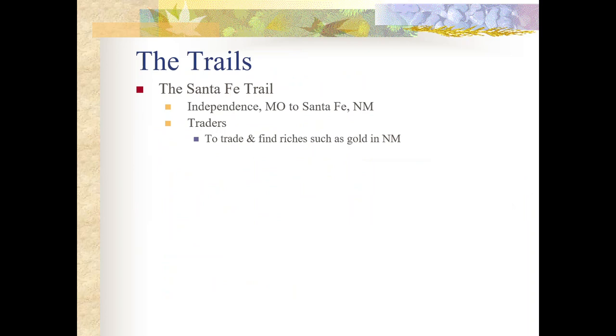When settlers first set out on that trail, the trail itself was about 800 miles. Every spring they would load up in Missouri with their goods in their wagons, mostly tools, weapons, and some general products that they would then try to take out to Santa Fe in search of gold, silver, and fur. A lot of the wagons and the traders stayed together along the trail, especially as they got into the Kansas region, into that unorganized and Indian territory, for fear of attacks by the Apache and the Comanche. And they would work together to defend each other.